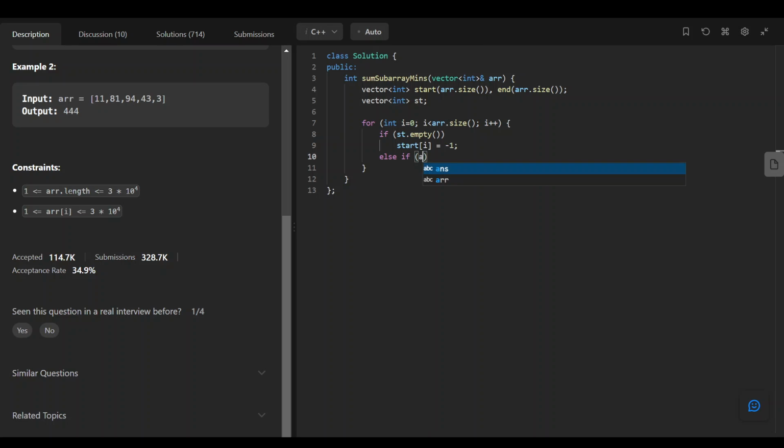And then we have else if array of stack dot top, which means stack dot back in vector, is less than array of I. This is a good condition because we are using the stack basically for this condition, that if the top element is smaller than that, right? So in that case start of I will be the top value, that is st dot back, right? But if the top value is not,